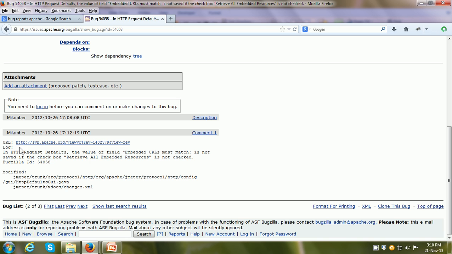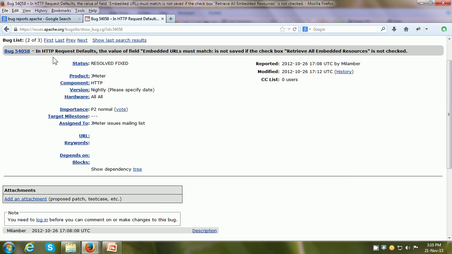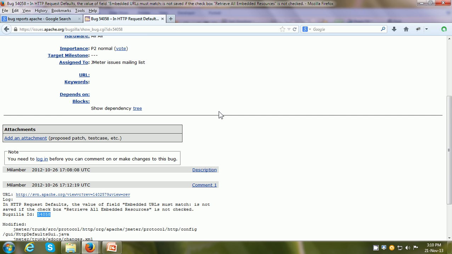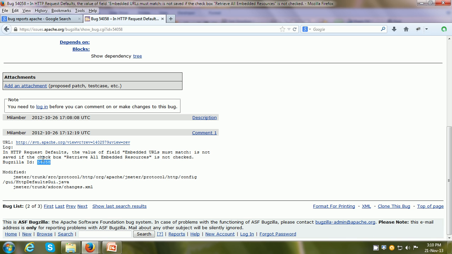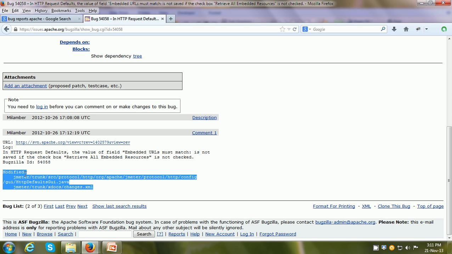In the comment they have given the URL, and they have described the problem. In HTTP request defaults, the value of field embedded URLs is not saved if the checkbox is not checked, and the same ID, 54058, is also given over here, and they have given which file they modified. So what was the solution to fix this particular problem.